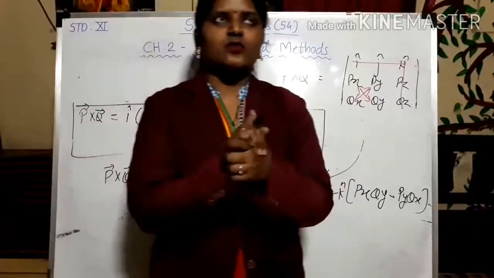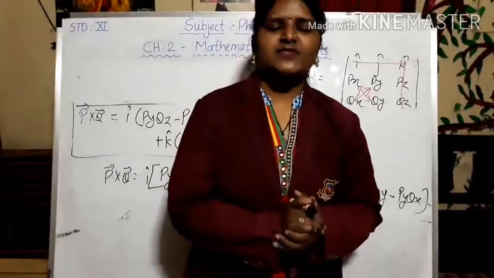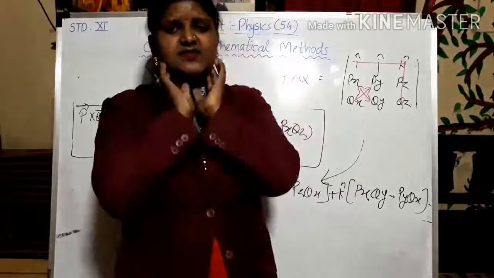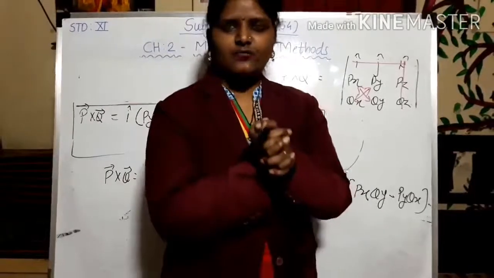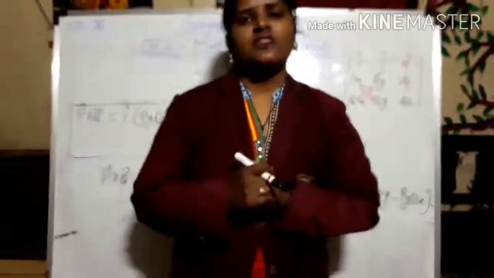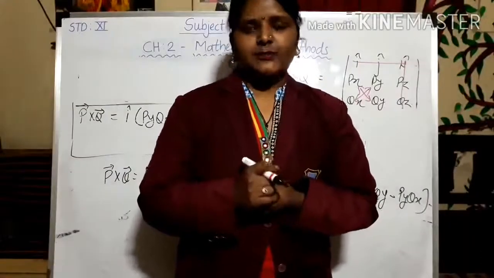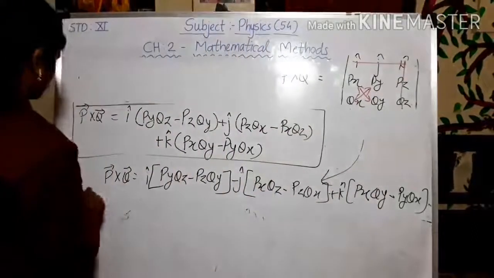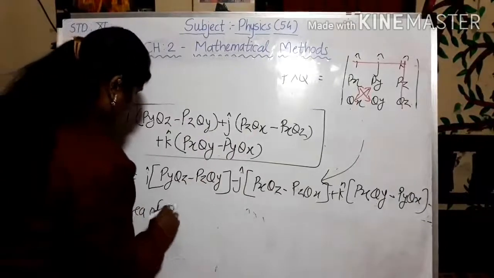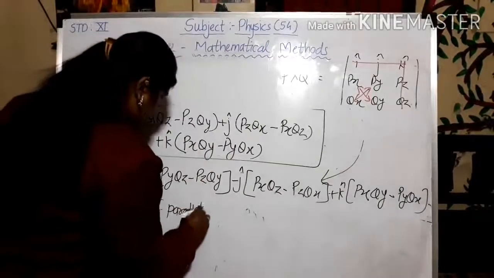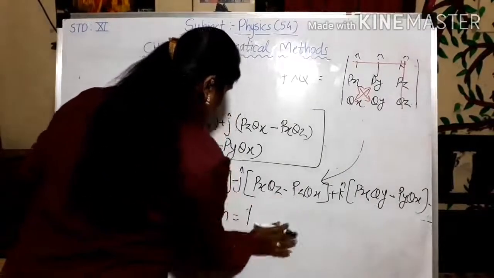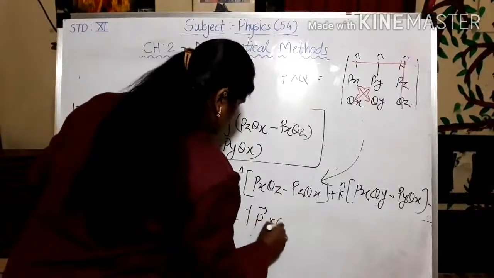As we have seen about vector product and we have seen all the characteristics of the same, the last characteristic says that the area of parallelogram is nothing but the magnitude of the vector product. That means what I am going to say is, last characteristic: area of parallelogram is magnitude of vector product.